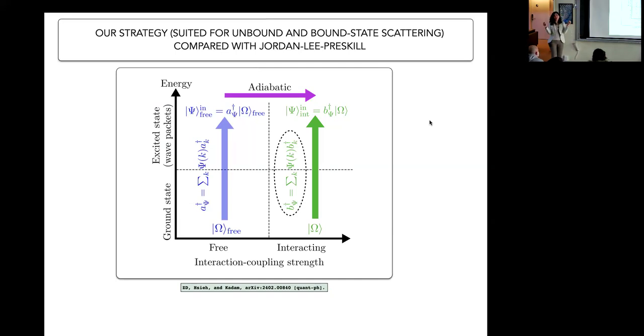So remember I told you about the Jordan-Lee-Preskill algorithm? The idea there was that here is the coupling, here is the energy. You start from low energy and low coupling, essentially a free theory. You start from the ground state, or the vacuum state, of the free theory. Here, it is easy to generate particle excitations and make your wave packets, as Jordan-Lee-Preskill developed the algorithm for, because it's a free theory and it's usually simpler to think about the excitations here. Then once you're here, you adiabatically turn on interactions, and then you get your interacting wave packets. It's a similar mechanism to what I talked about for the spin systems.